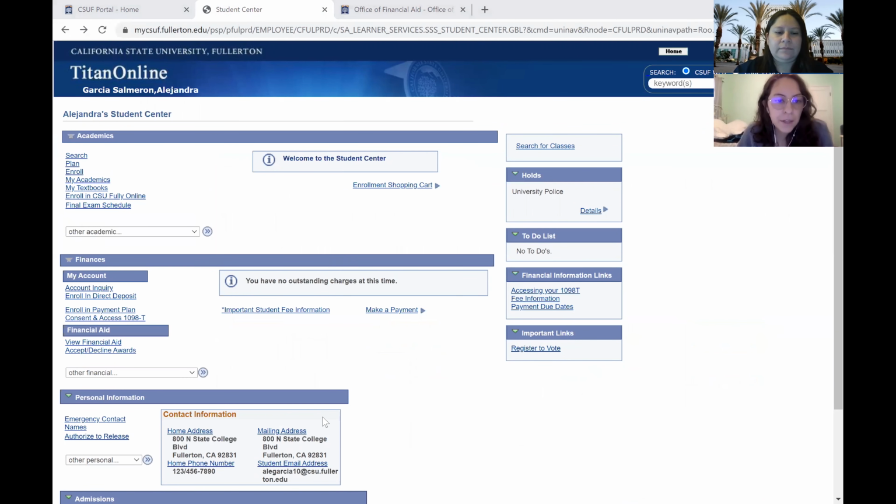Once you're on this page, there's multiple things you can click on, and it may seem confusing at first, but here's a list of everything that you need. The first is academics, which is where you can enroll for classes. The second is finances, which will show how much you're being charged for your classes that semester. And then the third is the personal information. So make sure you put that in to let the school know where you live and your phone number so you can receive calls and emails for emergency broadcasts.